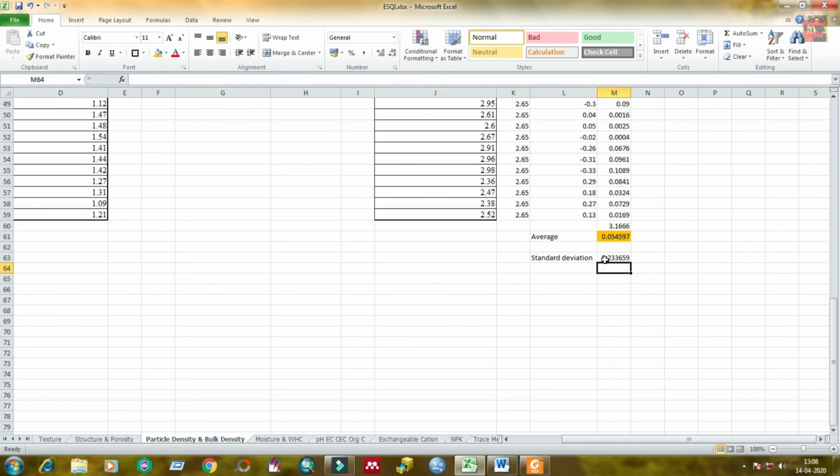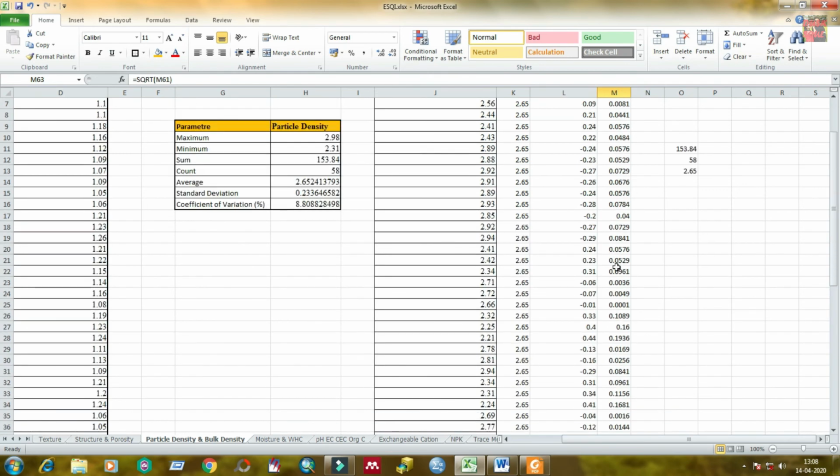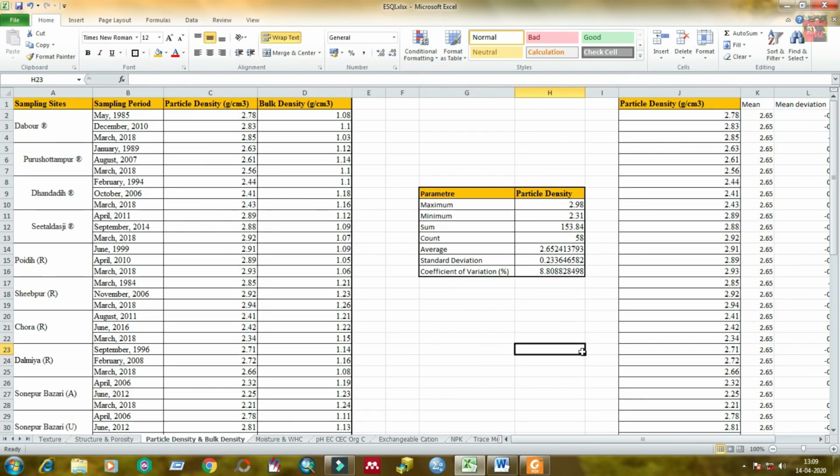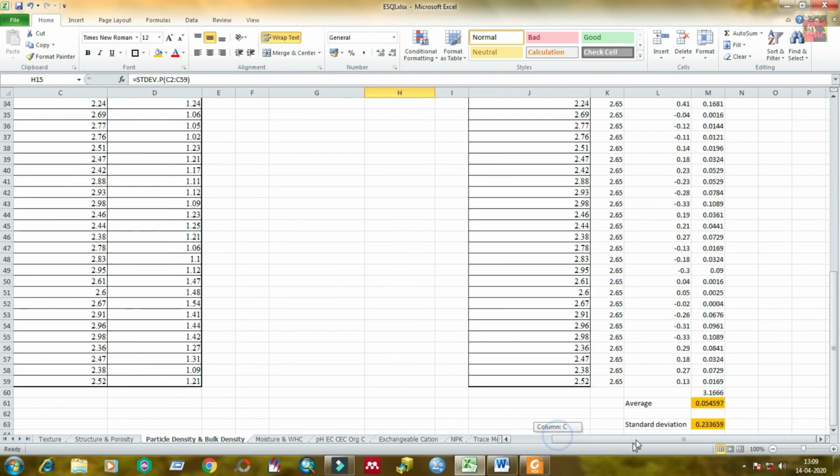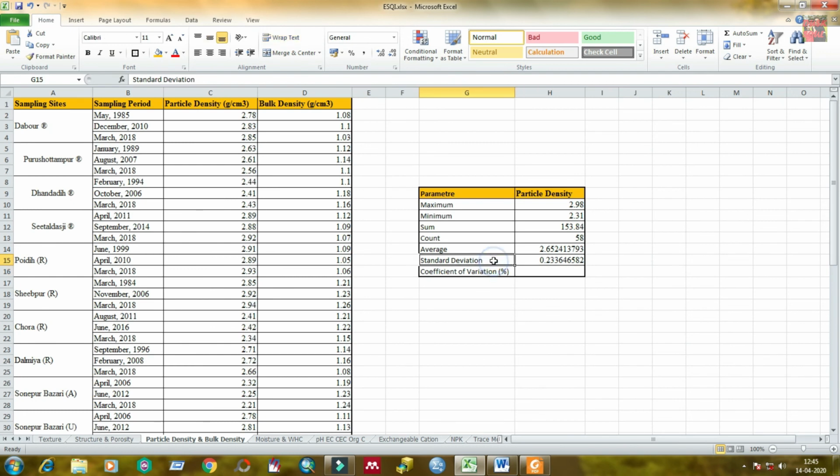That is the standard deviation value. You can check this value with the previously calculated value. Here we can see that the two values are the same, that is 0.233.